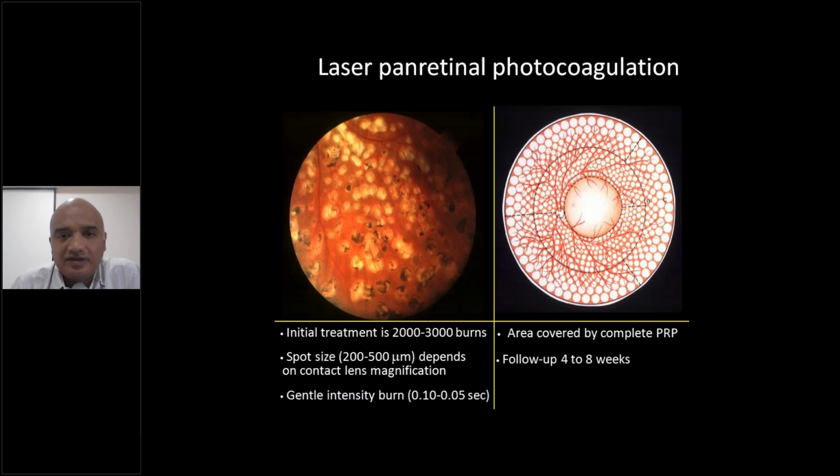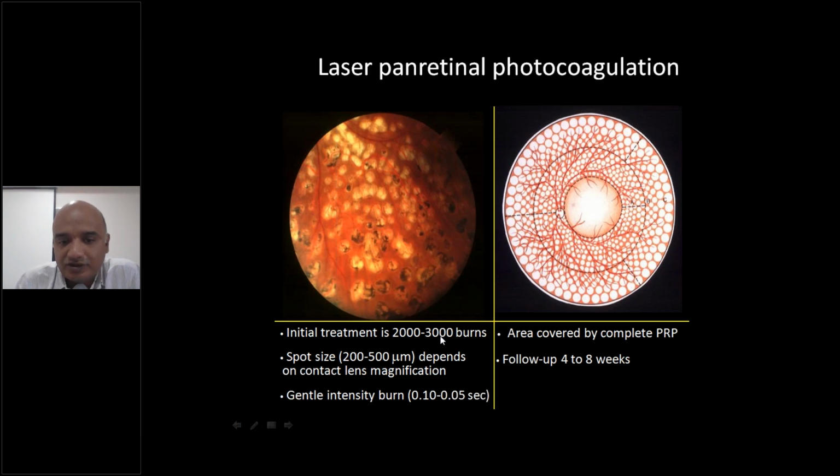So now coming to laser photocoagulation. What do you do in case of PDR? How do you treat a case of PDR? In PDR, as I said, the retina is completely hypoxic and it has progressed severely to PDR. So what do you do? You give lasers all around. This is the disc and this is the macula. Leaving the macular area, you give lasers all around, complete 360 degrees, and the burns will appear something like this when you give lasers.